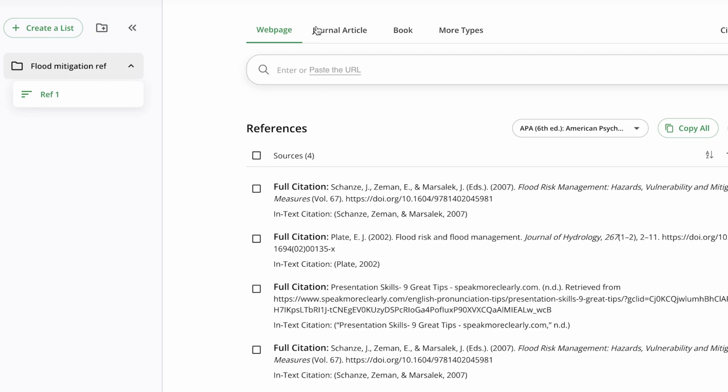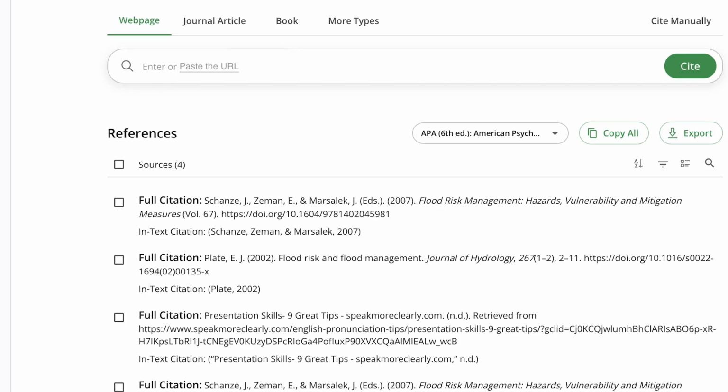So the next thing is, let's say we want to generate the reference, the citation, from a web page. Okay, you can generate from a web page, or from an article, journal article, or from a book. We've shown how to use it in the other tutorial, but here we are going to be more detailed because we're going to see how it is being done. Okay, on a web page, all you need to copy and paste is the URL of that particular web page that you want to cite.